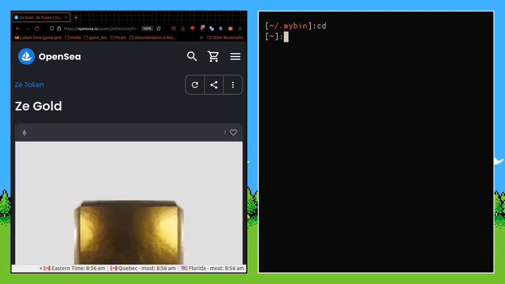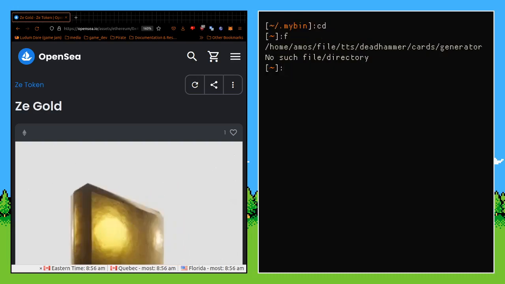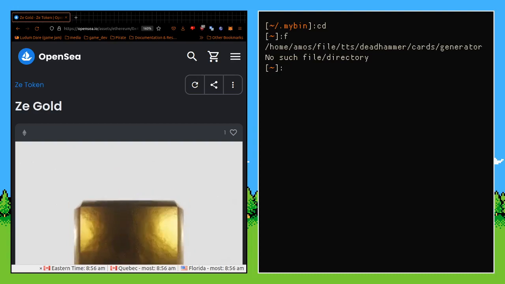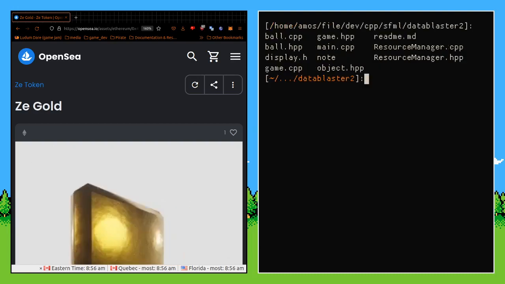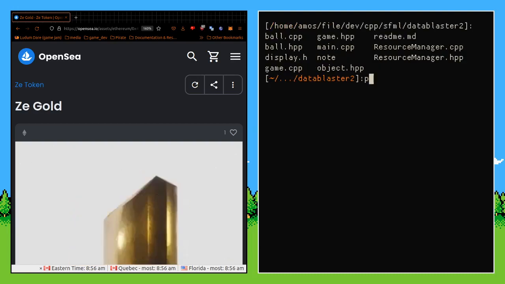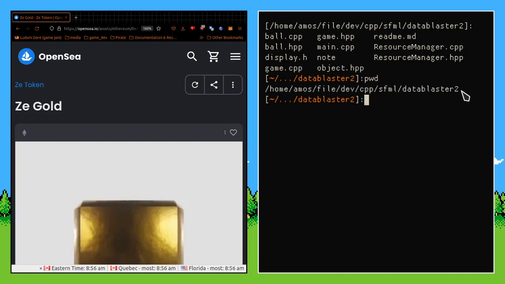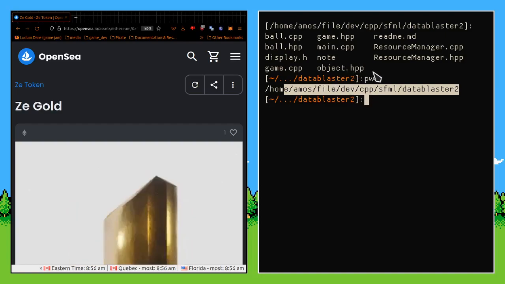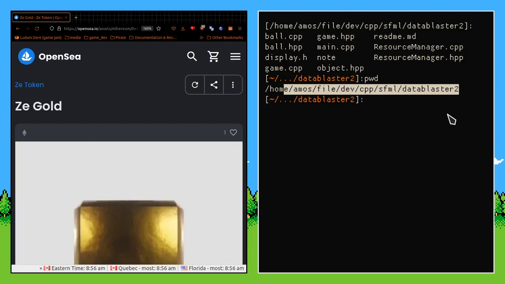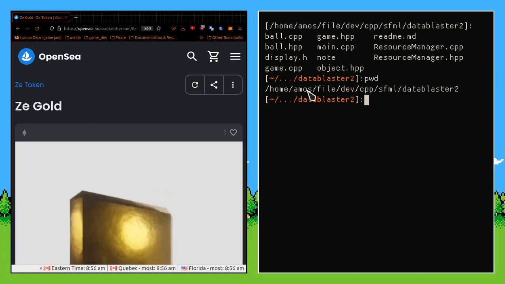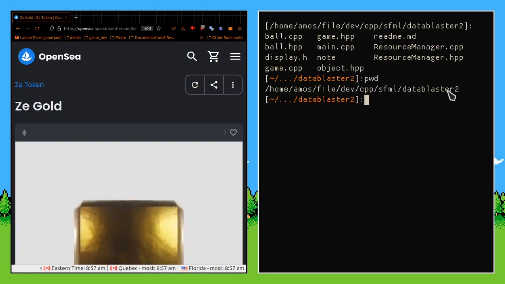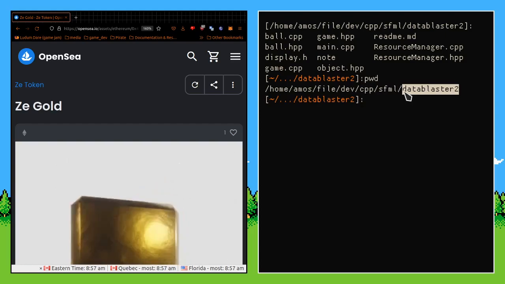So yeah, just moving around your files, like boom, I'm in... oh, this directory no longer exists. Okay, so I'm going to remove it a little bit later. But for example, Data Blaster, if I do pwd, that's a directory inside of a directory inside of a directory inside of another directory. Just to get to Data Blaster, I would need to move around.